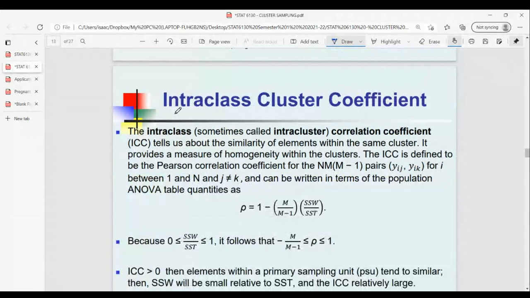Now, this is the part that I want to introduce to you today. This part here called the intra-class cluster coefficient. Because sometimes a lot of people ask, when should we use cluster sampling? Does it make sense to use cluster sampling, or should I just do a simple random sample? So what do you really do in order to get a good sense of whether you should do cluster sampling or whether you should just take a simple random sample? So there is this